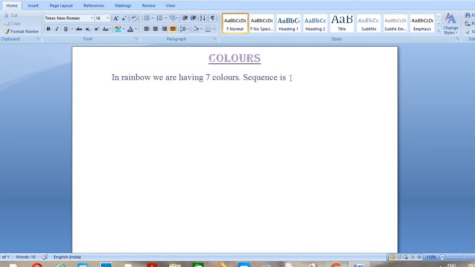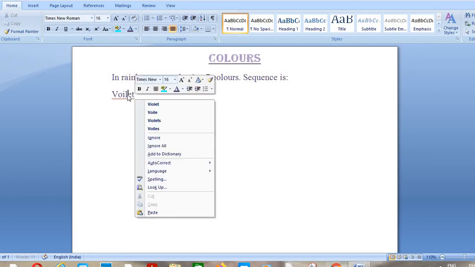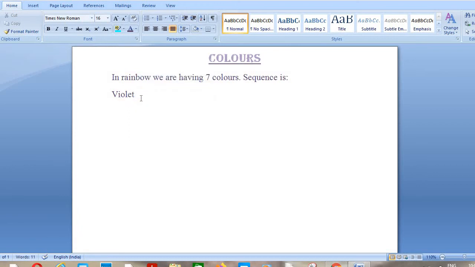Now sequence is colon. Now we are having 7 colors in rainbow, and the 7 colors starting from violet. Again spelling mistake. See, if you are writing anything and there is a spelling mistake, you will be able to see red underlines. Spelling is violet. So you can check all these things. Violet,